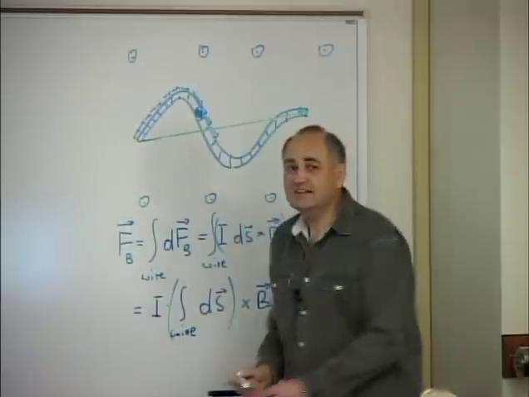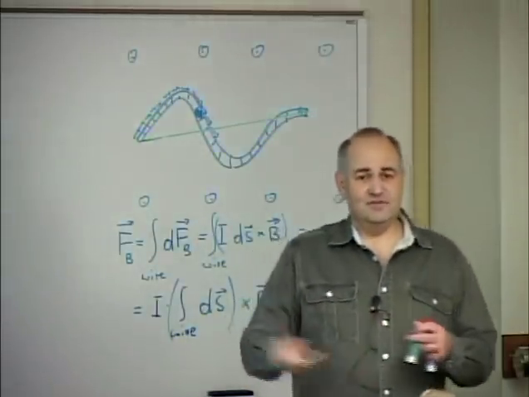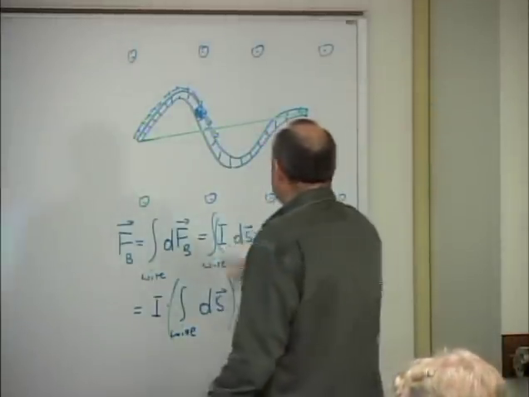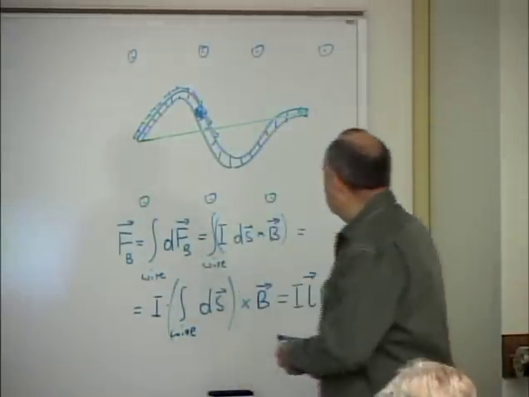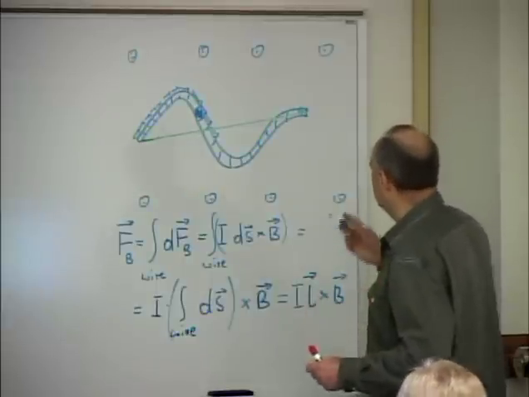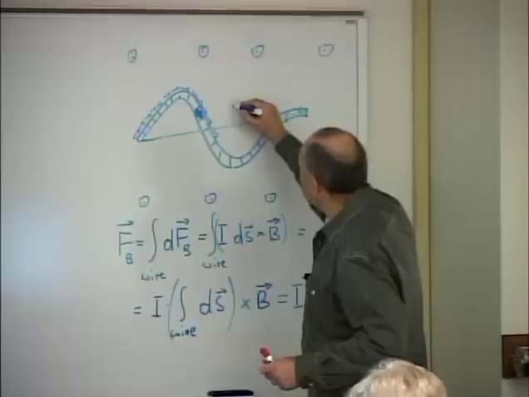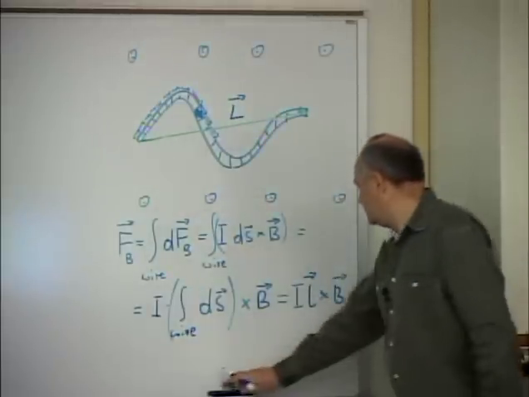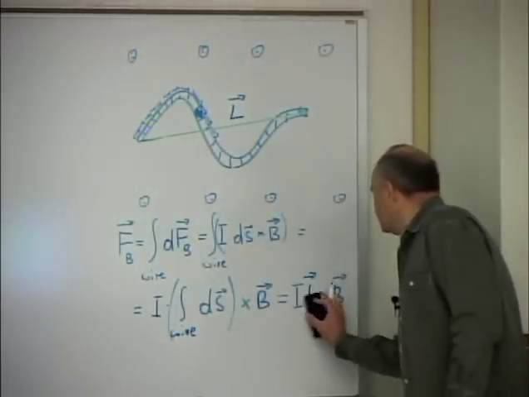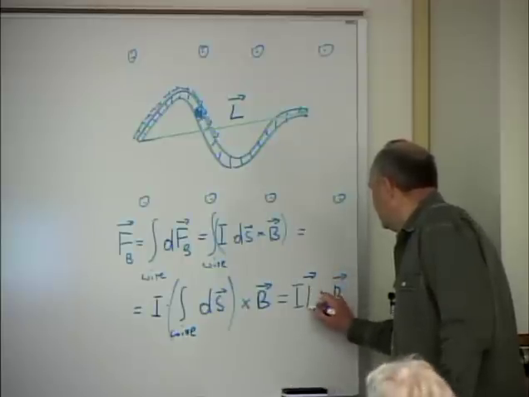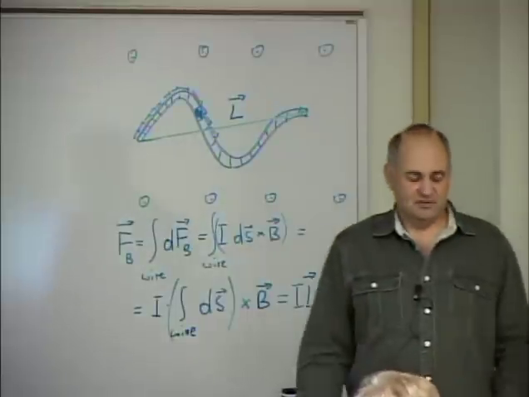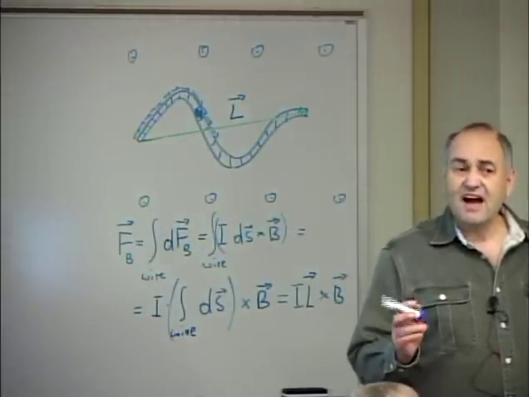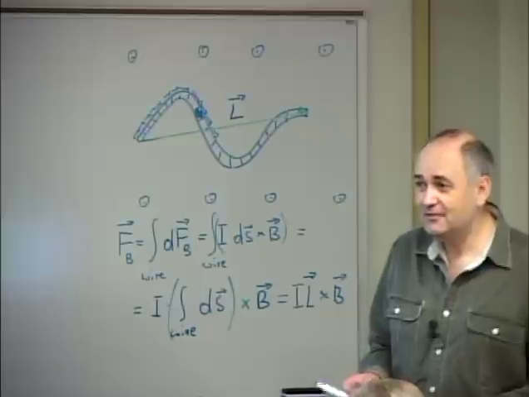So in the result, I'm going to have an arrow from the beginning of the wire to the end of the wire. All right. So why don't I mark it actually as vector L? And so here, instead of small l, I will have capital L. I changed it from small l to capital L